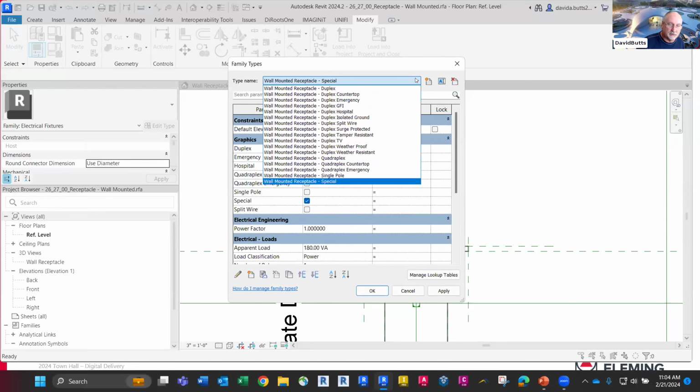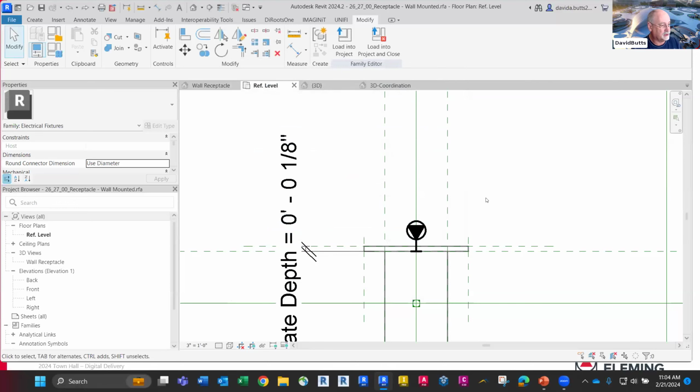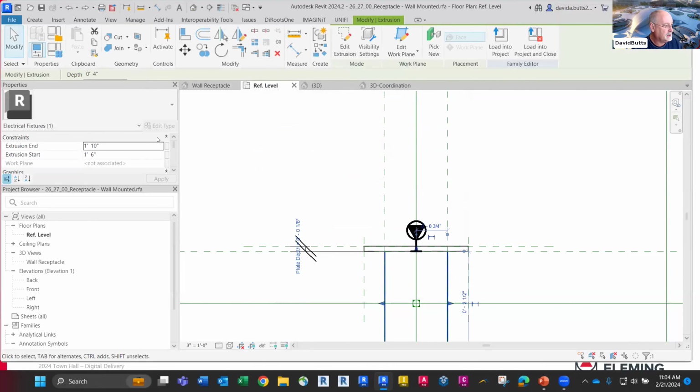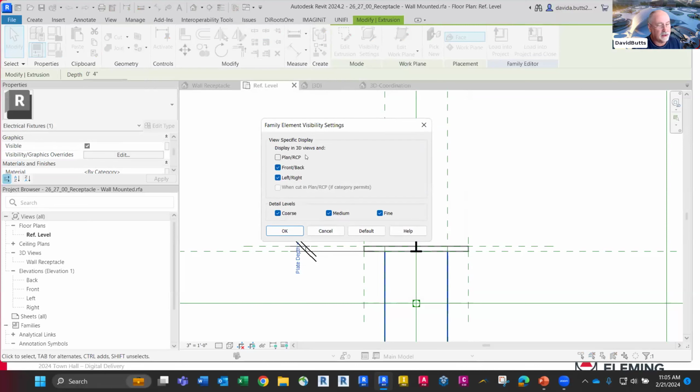And the only real difference between a lot of these is the elevation that I set for the box and then the symbol that shows up in the plan. And so this gives me the ability to turn the symbols on and off based on what I want to see in a plan view. And so if your model is set up correctly and you go back and look at the 3D model type and look at the visibility settings for this, you see right now that I'm only going to see the 3D model